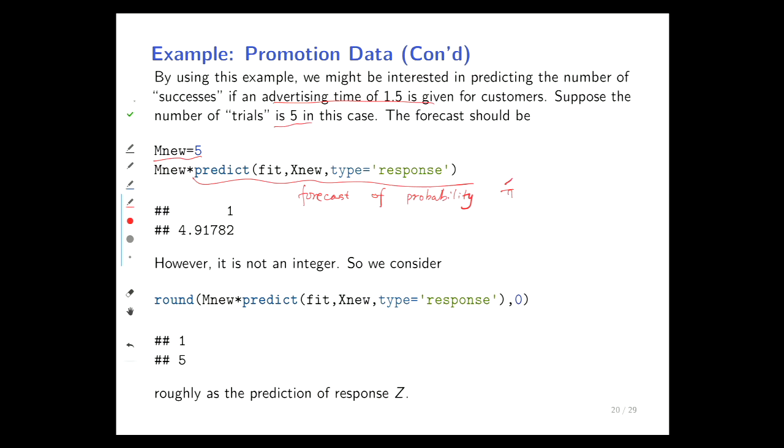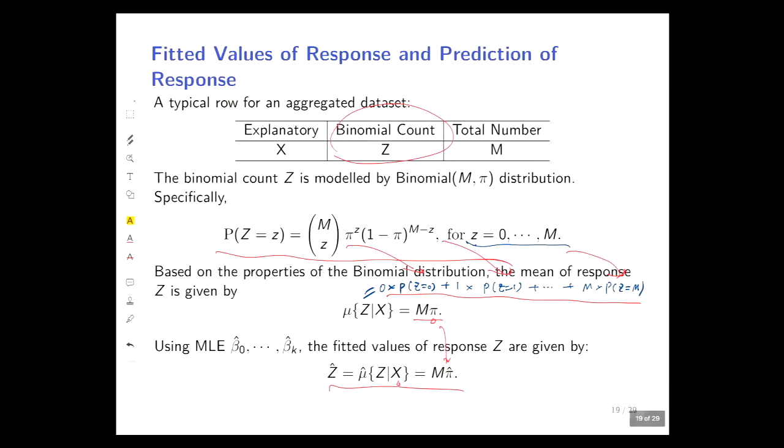So which is pi hat. If we use m times pi hat, that is actually the prediction of z. Because we use the mean, usually we use the mean to predict a variable. And in comparison, if you remember the multiple linear regression model, we model the mean of the response, and the prediction